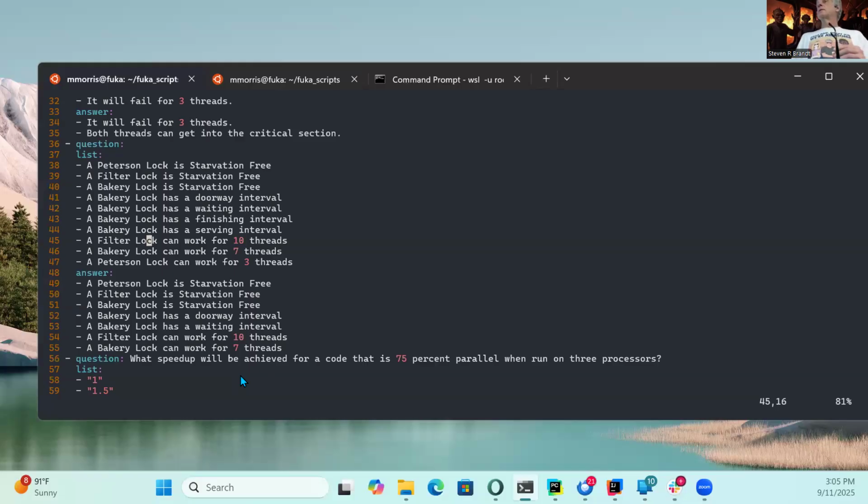Kind of be up at the top level of the filter. No. Because what happens is, remember the way it works. We have a victim field. And whenever I try to get a lock, I set the victim field to me. Now, everybody that comes through there is going to set the victim field to themselves. So even if I have 100 threads and the first 99 came through and I set the victim field to me, even if the other ones jump back in, they're going to set the victim field to themselves. I'm going to get in. I mean, it may take a while, but I'm guaranteed to get in because of that victim flag.